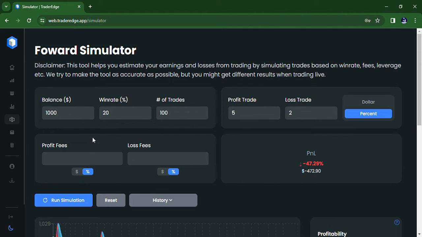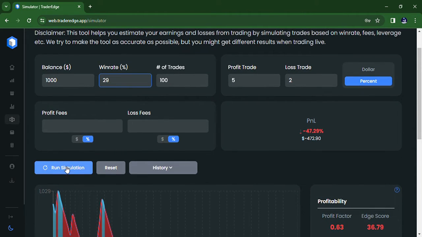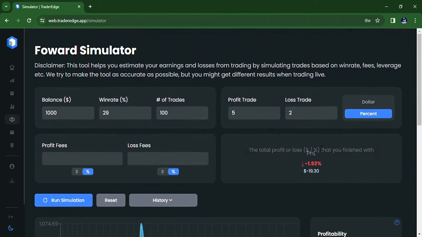So this won't work, so we need to increase our win percent. Suppose we go with a 30% win rate. Again we are almost at break even, so not good. So we need at least a 40% win rate. Okay, here we are up by 109%. So you can see we need around 40% to be profitable with this setup, or we need to